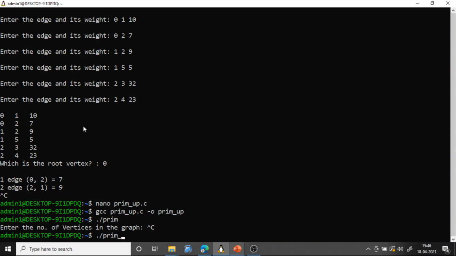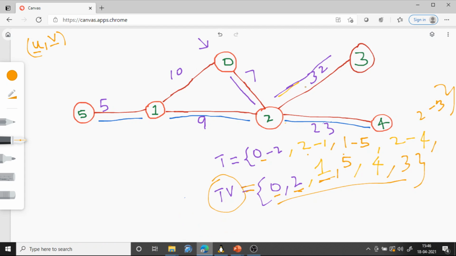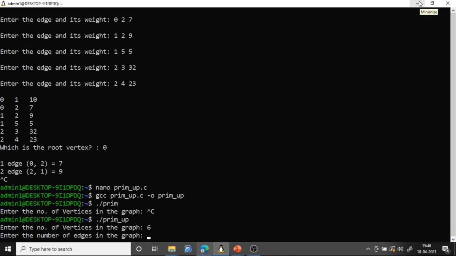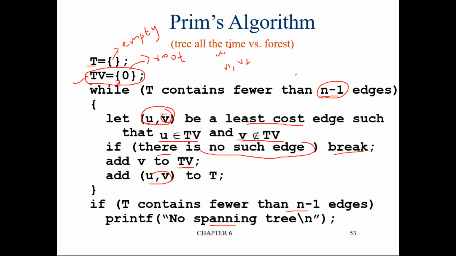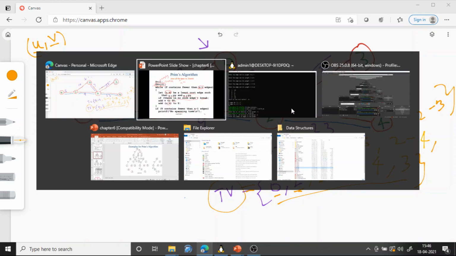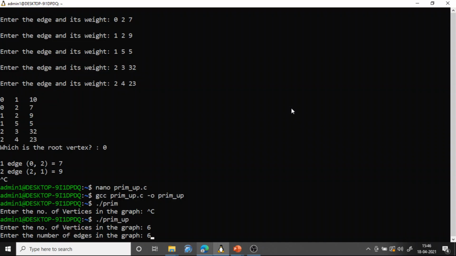So for the number of vertices, we will take the second graph. Number of vertices is 1, 2, 3, 4, 5, 6. Number of edges is also 6, I guess. 1, 2, 3, 4, 5, 6. Number of edges is also 6.